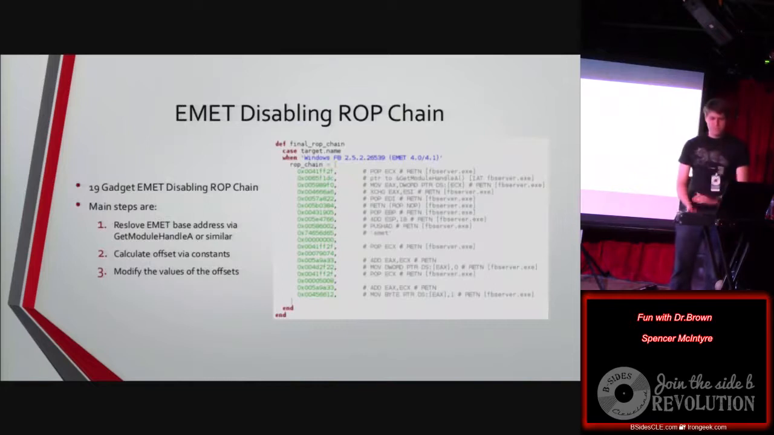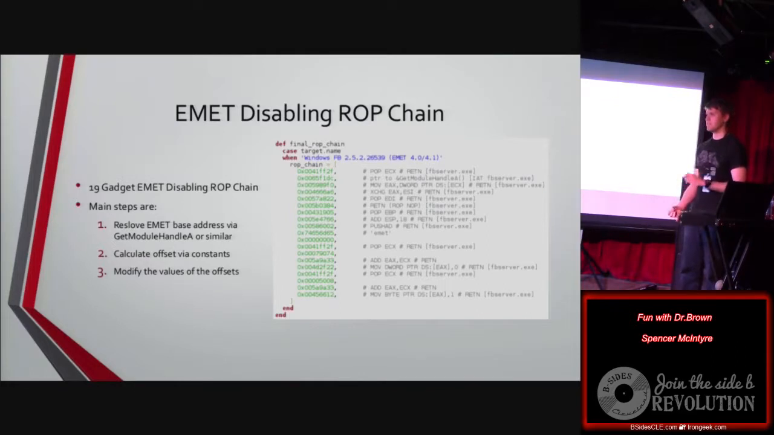All right, so this is the actual, you cannot see that at all. So I will walk you through this. This is our actual ROP chain. It is 19 gadgets total, built from the single executable module that's not ASLR, of course, so we're building it up from that. And the basic steps at a high level of what it does is it resolves the EMET